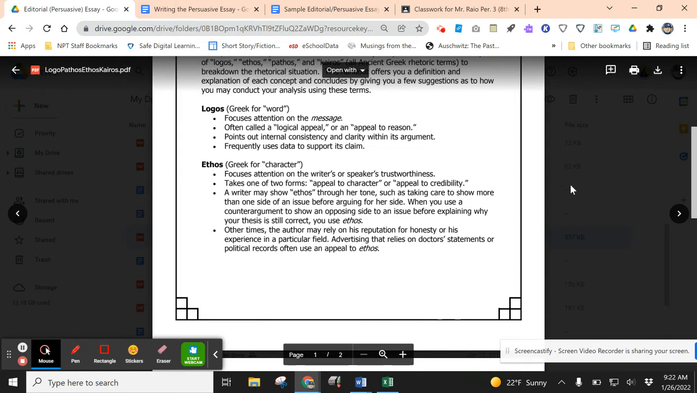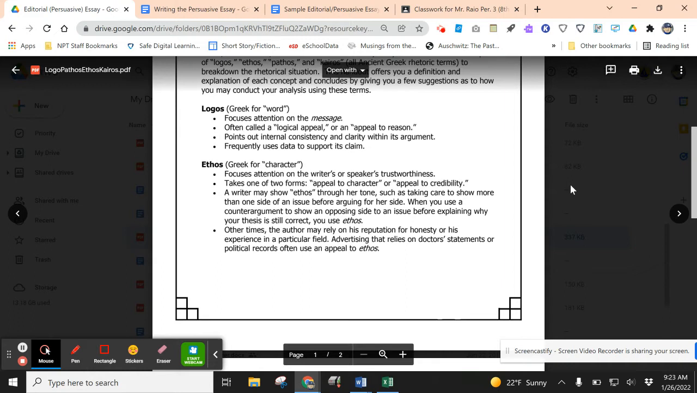This is the Greek word for character. It focuses attention on your trustworthiness. So, what you are doing in terms of your ethos is lending ethos to your argument by using expert opinions. That's what your concrete details are for. That's why you're doing research. Okay. You're 14. That doesn't mean you can't write a persuasive argument, but you need adult experts to bolster your